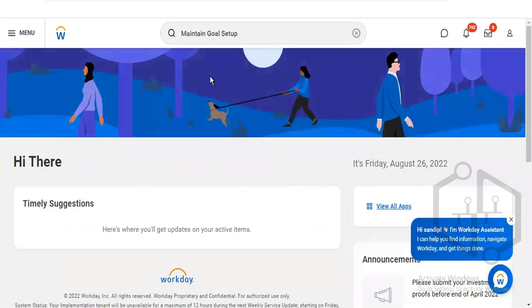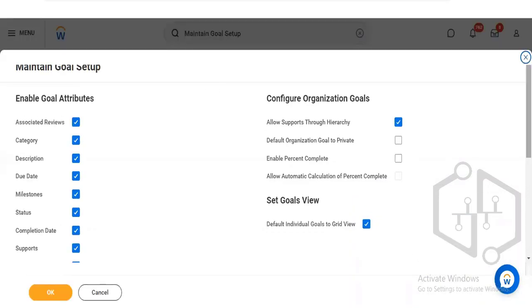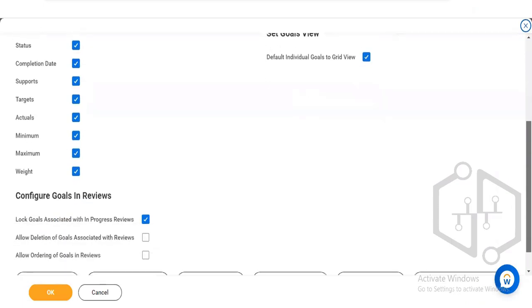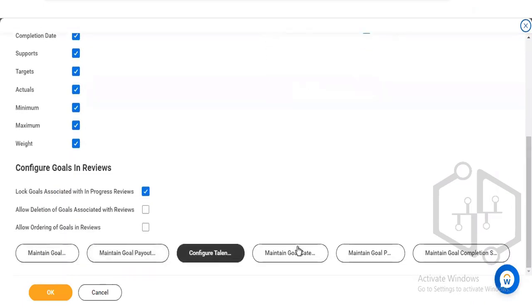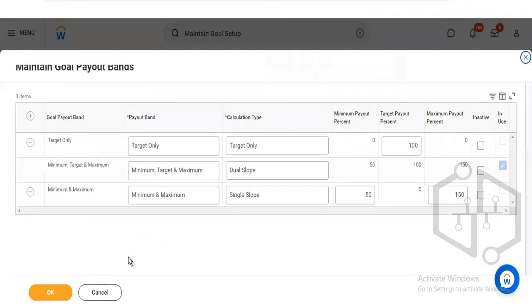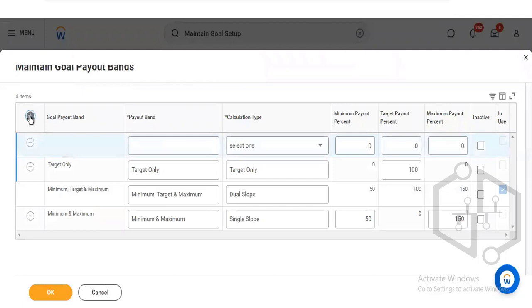So if there is anything that you want to set up from the goals perspective, you have to come to the task as a maintain goal setup. And from here, you can maintain all this. Like for an example, if you want to set any goal payout band, you can set this up here in terms of percentage. For an example, if I want to create a goal payout band,